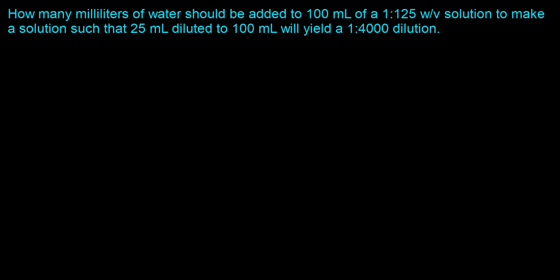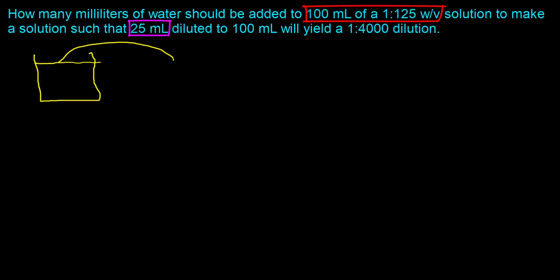So let's start off with a quick schematic. So you have some stock solution, which you're actually going to prepare by adding some more water to the 100 milliliters of 1:125 weight by volume solution. But once you've done that, you're actually going to take out